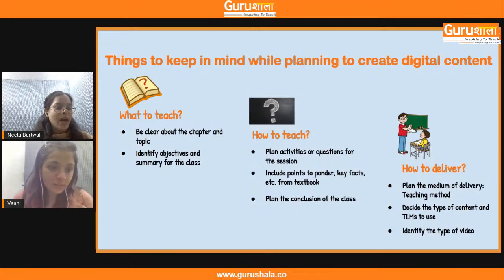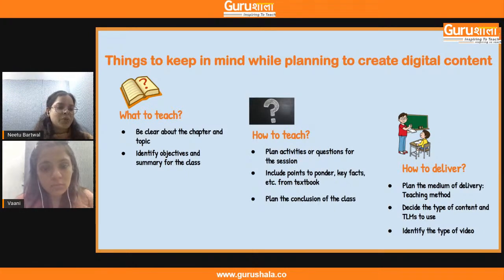Like Vani, we had mentioned a lot of different types of content. We had talked about video type content, slide based content. We have also discussed infographics, that different types of infographics can be created to share with our students, and there could be different purposes associated with these infographics.